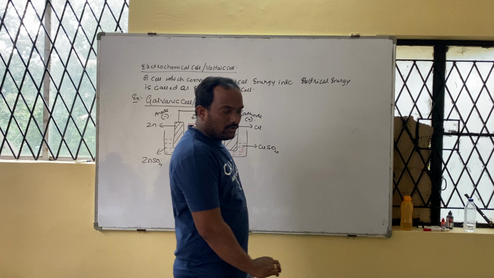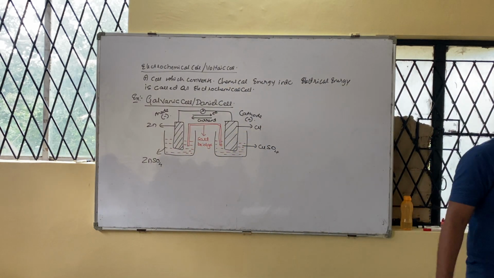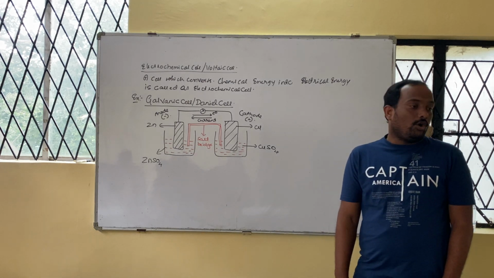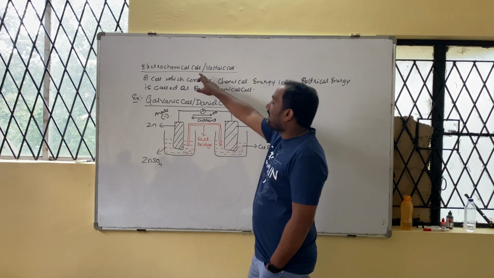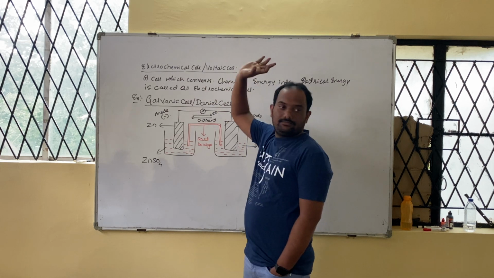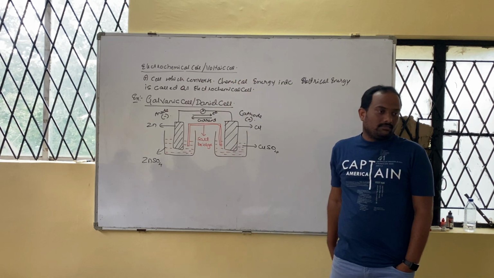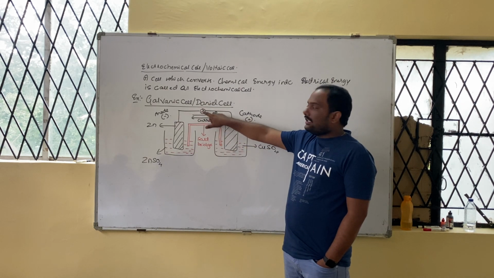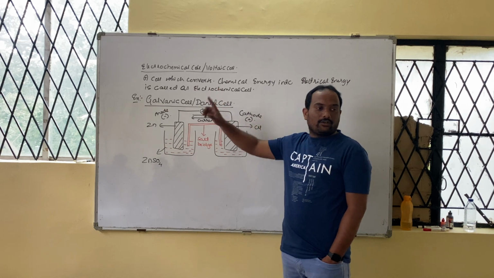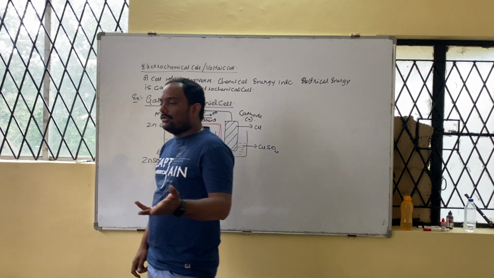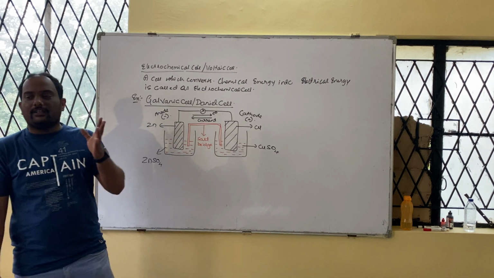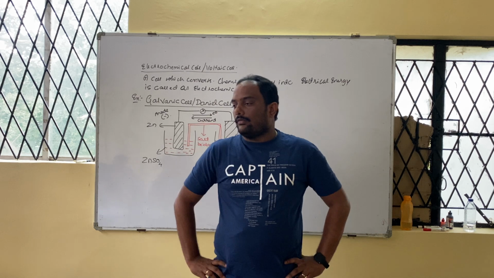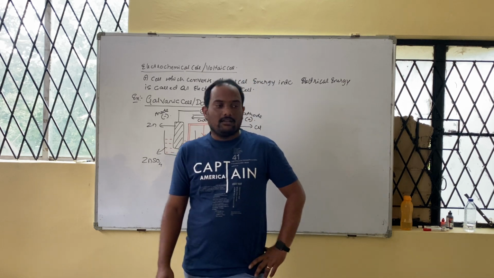So this is all about the diagram of which cell? Daniel cell, or nothing but which cell? Galvanic cell, or nothing but which cell? Electrochemical cell, or nothing but this cell. What does it do? It converts chemical energy into which energy? Electrical energy. Here you are getting some current deflection in the voltmeter. How much volt are you getting? 1.1 volt, 1.2 volt. You cannot get maximum current out of it, but minimum current you can get from it. Correct? That's why when you touch those cells, you don't feel any shock.